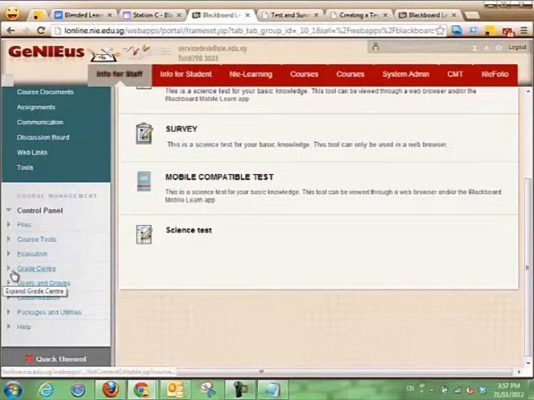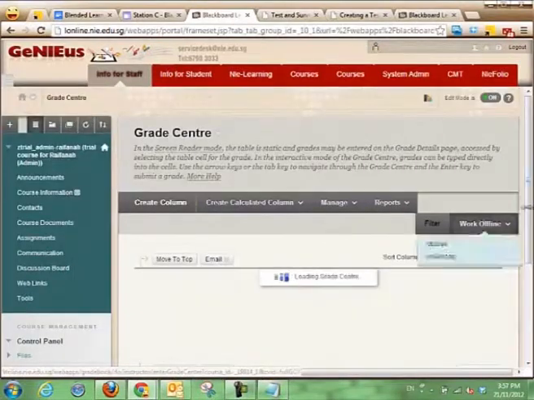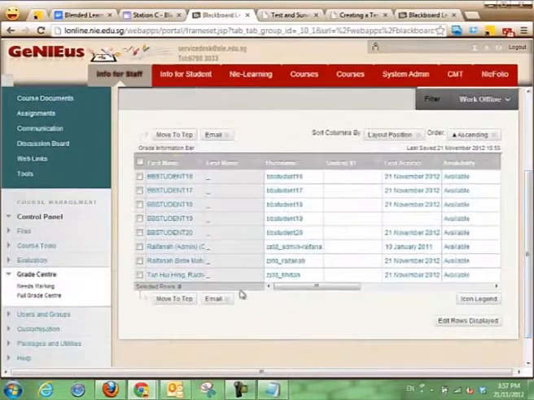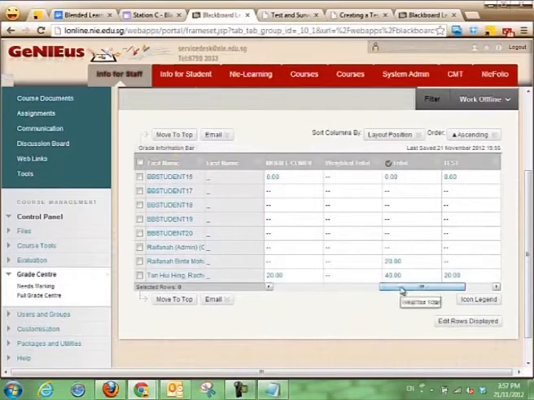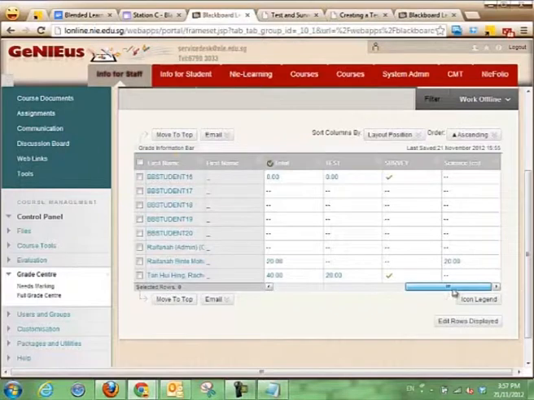Yeah. So the last part is how to track the participation and also see your attendance if you're using this to mark attendance. Under Grade Center, you go to Full Grade Center. And then you will see that this is the list of students. Because this is a demonstration course, I don't have any real life students, but these are all students in this course. So just now I was logged in as myself